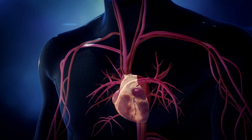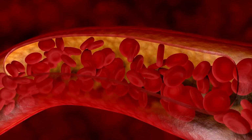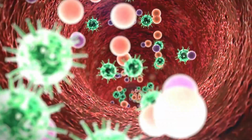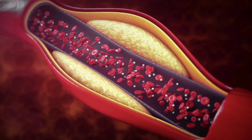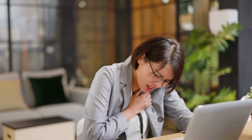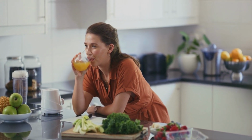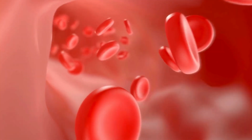Did you know that the foods you eat can directly impact the health of your arteries? Our arteries are like highways for our blood, carrying oxygen and nutrients throughout our body. But when these highways get clogged with plaque, it can lead to serious health issues, including heart attacks and strokes. The good news? Incorporating these specific foods into your meals can help clear out your arteries, keeping them flexible, clean,